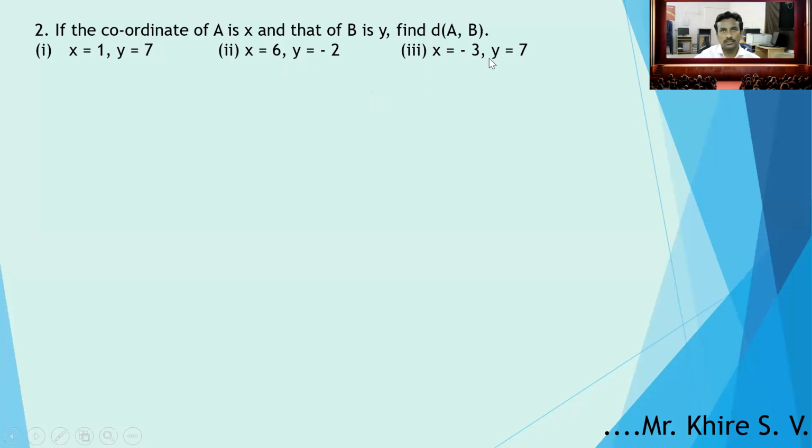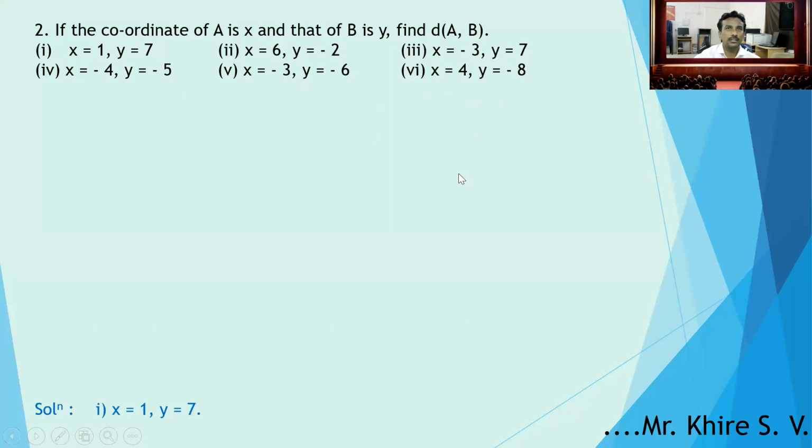X is equal to minus 3 and y is equal to 7. X is equal to minus 4, y is equal to minus 5. X is equal to minus 3 and y is equal to minus 6. X is equal to 4 and y is equal to minus 8. These examples are given. Solution for this is,